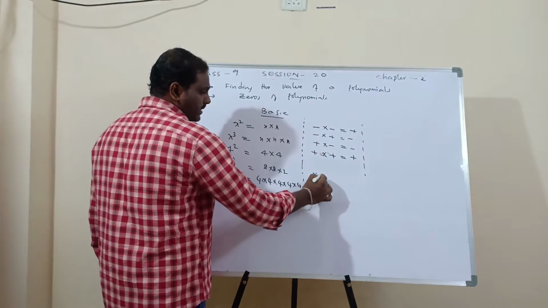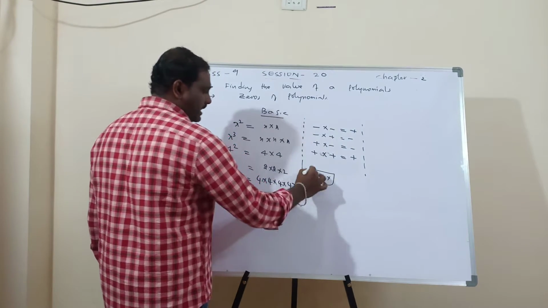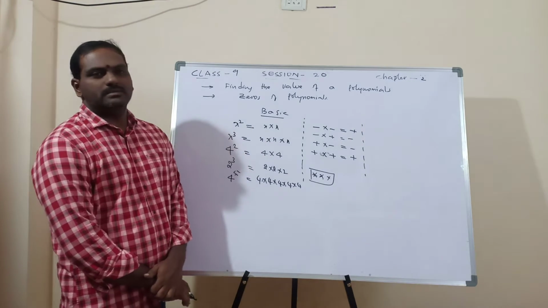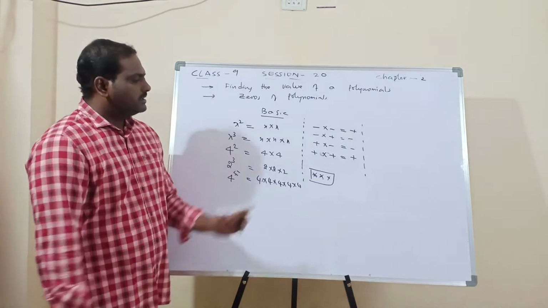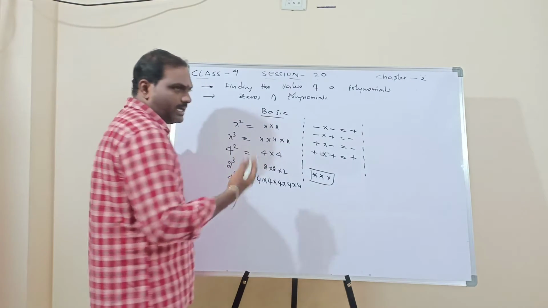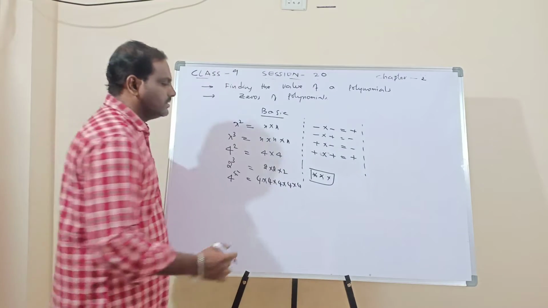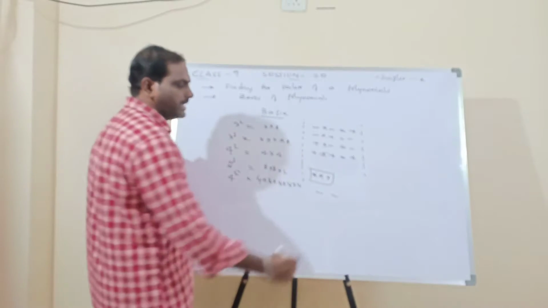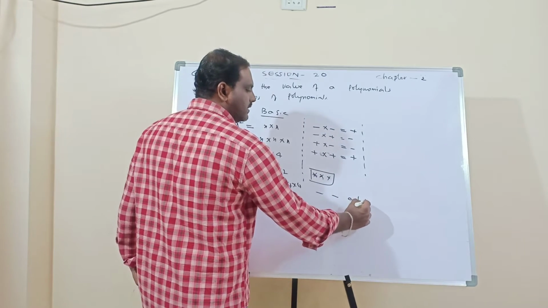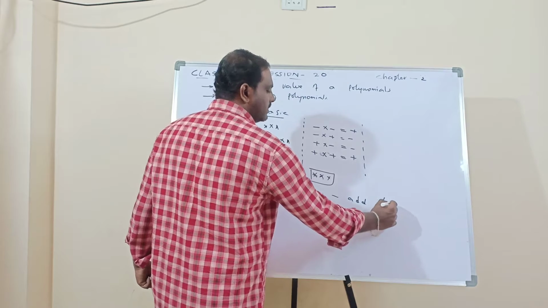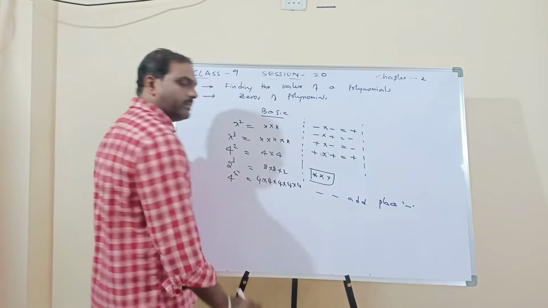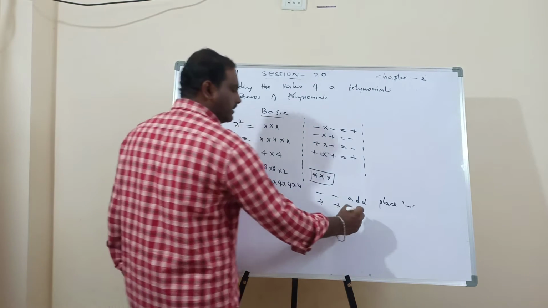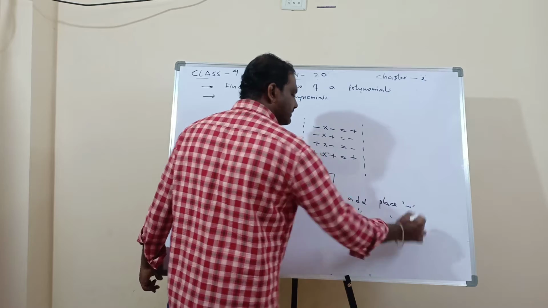And one more main point is that, coming to the simplification part, where the students will do maximum of the mistakes. Simplification part is, remember, I'll tell the statement. So when both minus are there, add and place minus symbol. When both plus are there, same, add and place plus symbol.